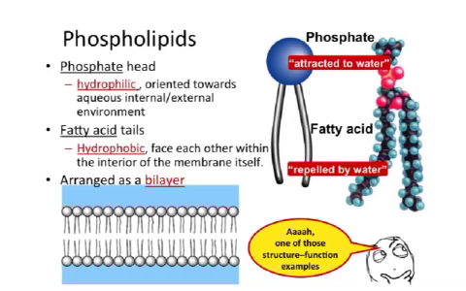First, let's focus on phospholipids. Remember, they have this phosphate head that is hydrophilic, meaning it's oriented or attracted towards water. And then you have these fatty acid tails, which are hydrophobic, and basically they don't like being around water. And so if you were to pour a bunch of phospholipids into an aqueous or a watery solution, they will spontaneously arrange as a bilayer so as to protect, so to speak, these lipid tails from touching water